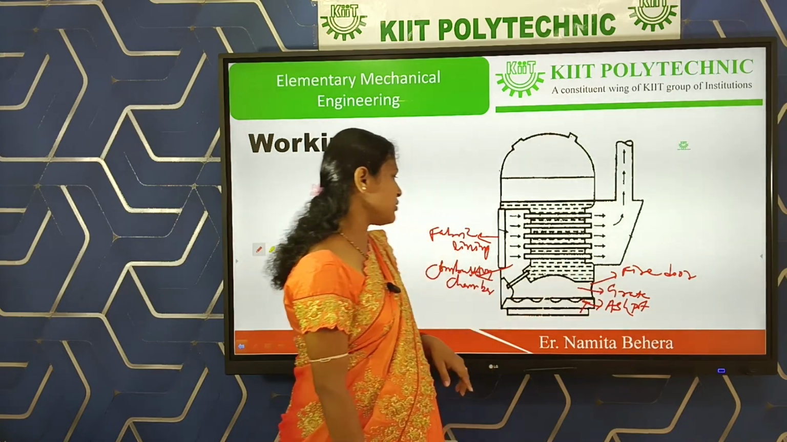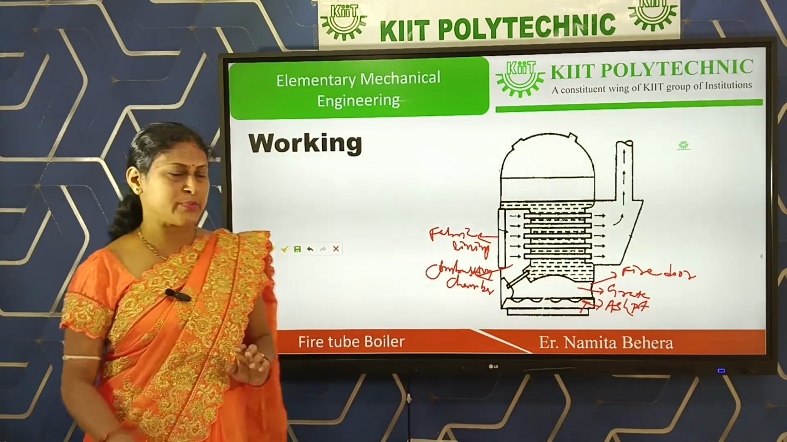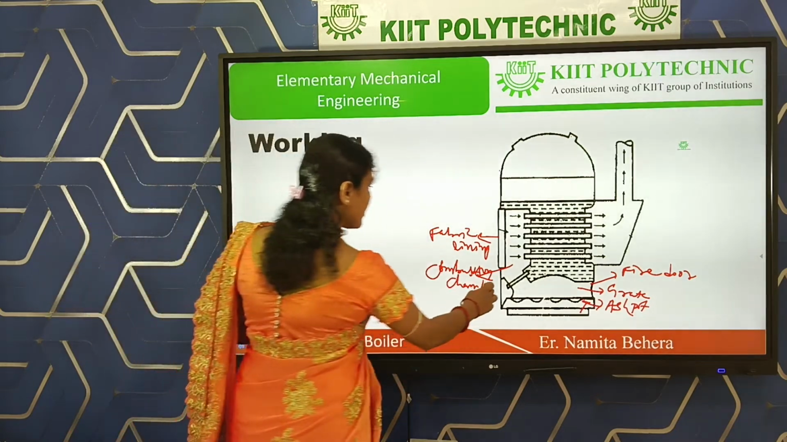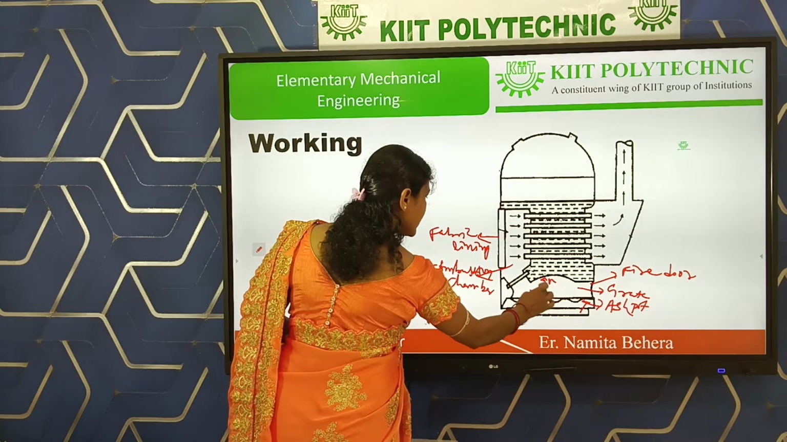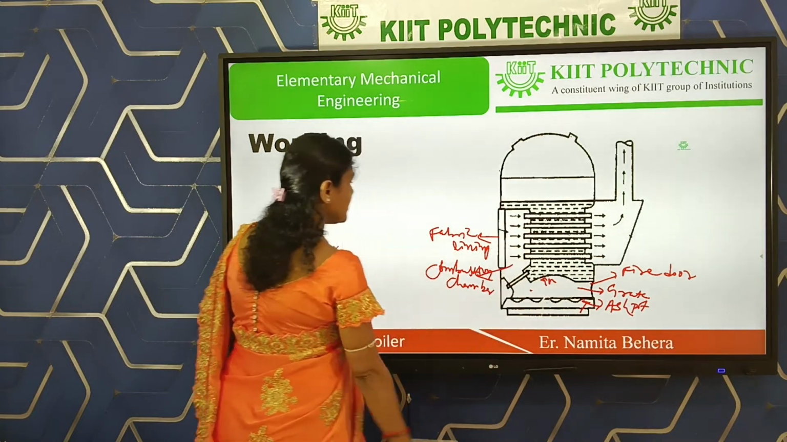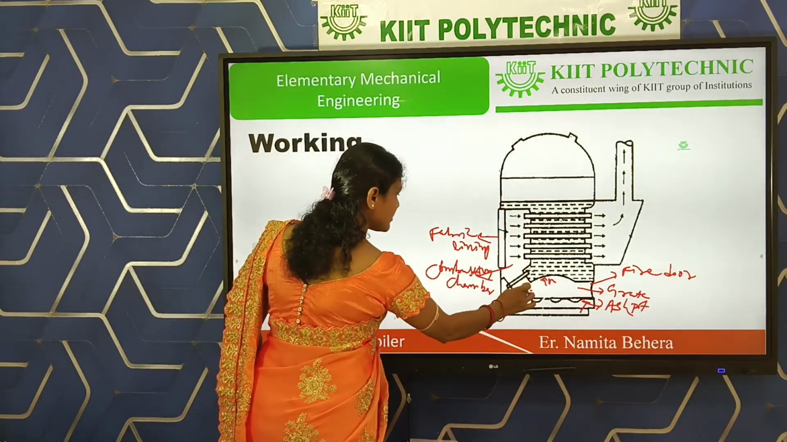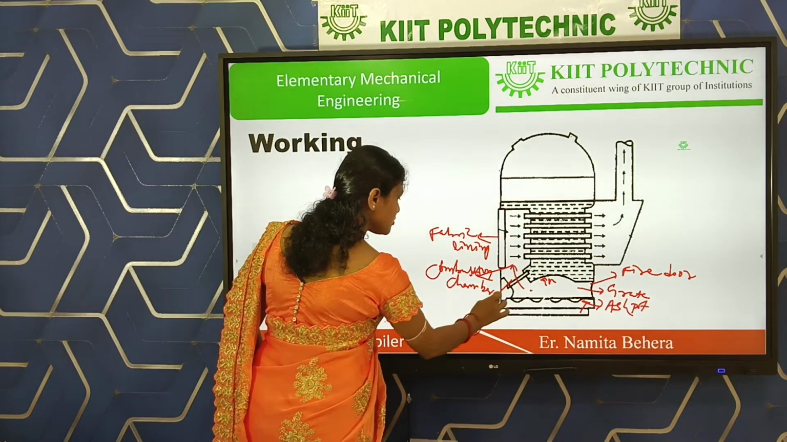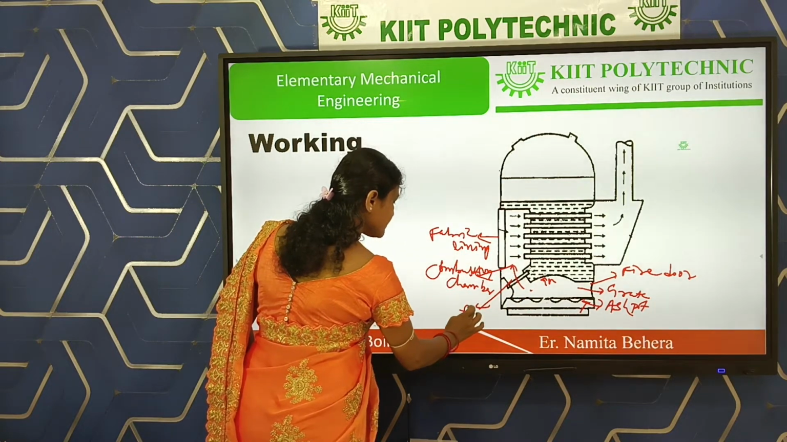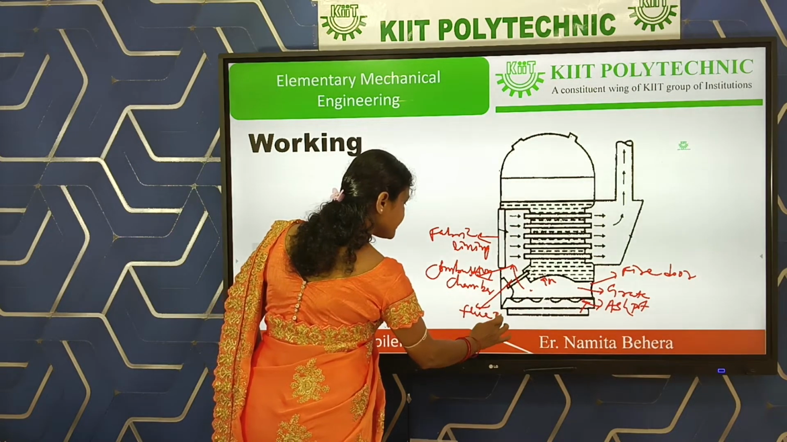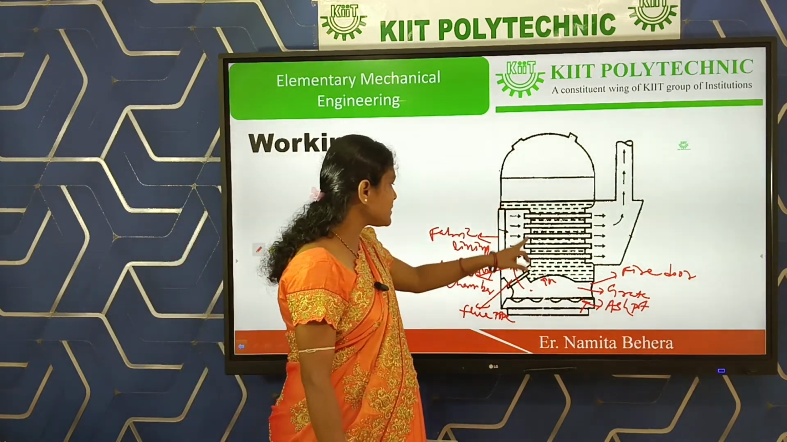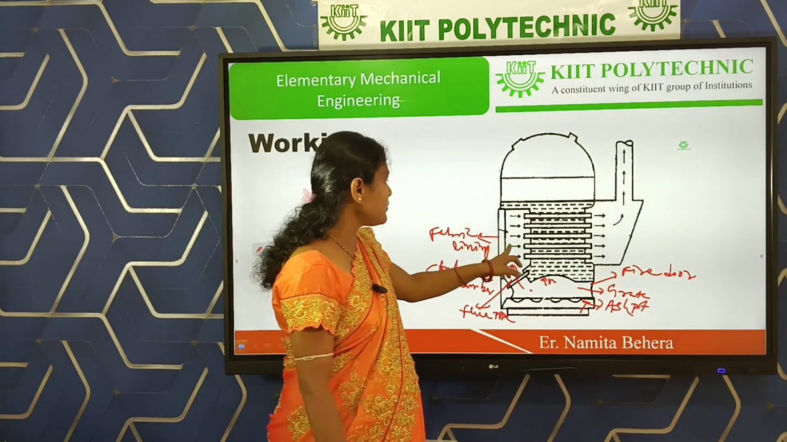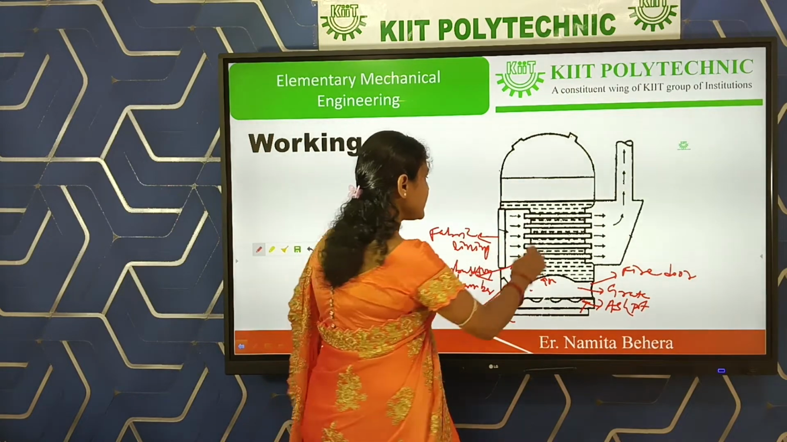This is called the fire door, in which the combustion of fuel takes place. When combustion takes place, flue gases, hot gases are produced inside the grate. Then they go to the combustion chamber through the flue pipe. This is called a flue pipe. After that, the hot flue gases enter the combustion chamber, then pass through the